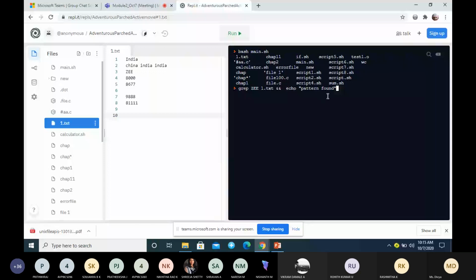Pattern found. Whether this command will be executed, and whether it will display the output of the grep command.